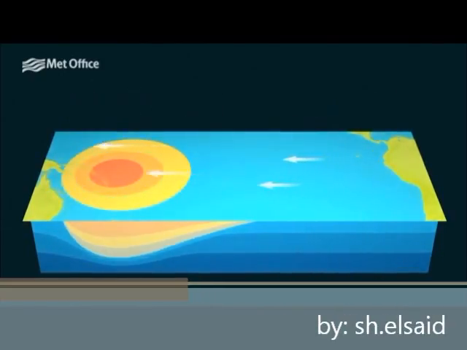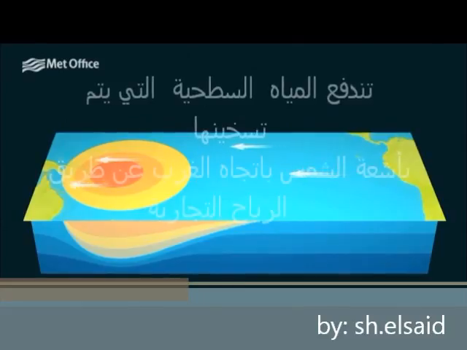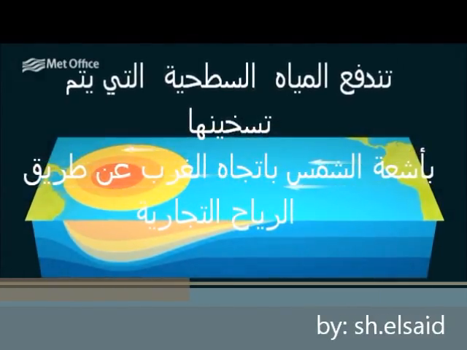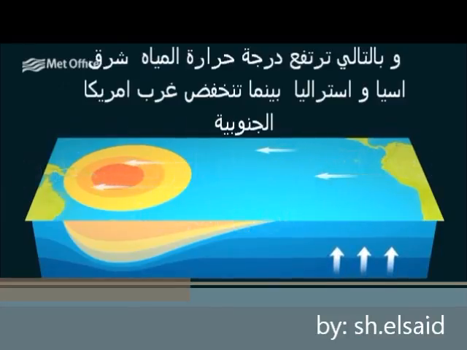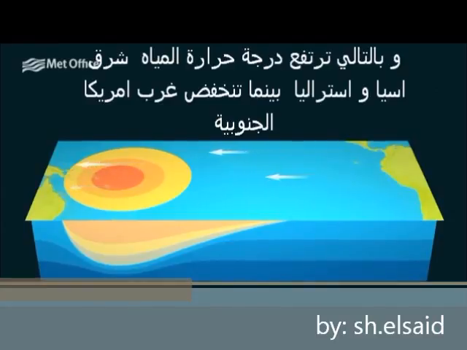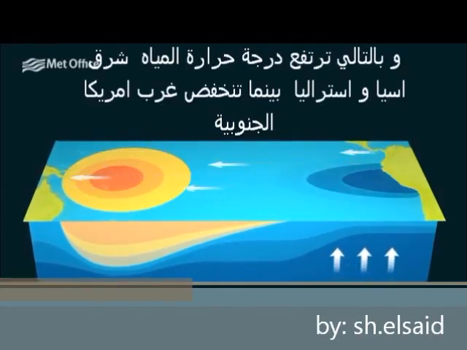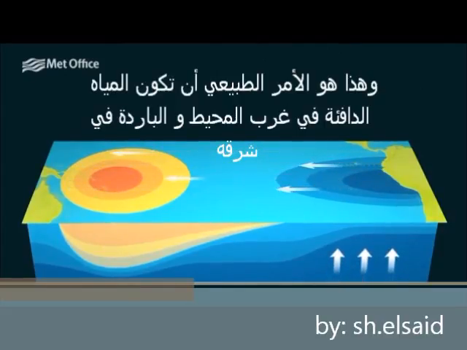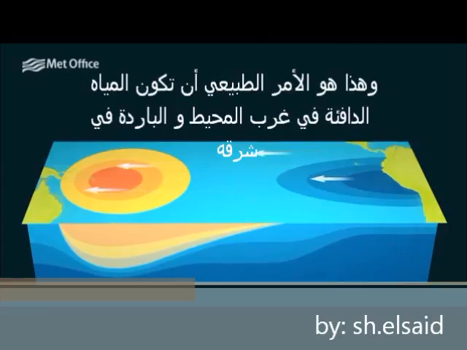These winds push warm water near the surface in their direction of travel. Around South and Central America, as the warmer water gets pushed away from the coast, it's replaced by cold water which is pulled up from deeper down in the ocean, a process called upwelling. This creates a temperature difference across the tropical Pacific, with warmer water piled up in the west and cooler water